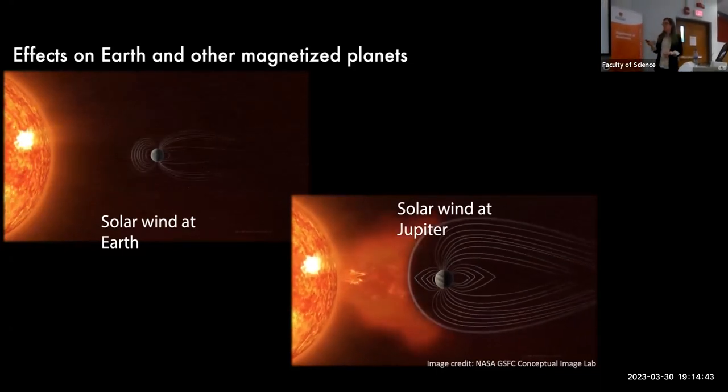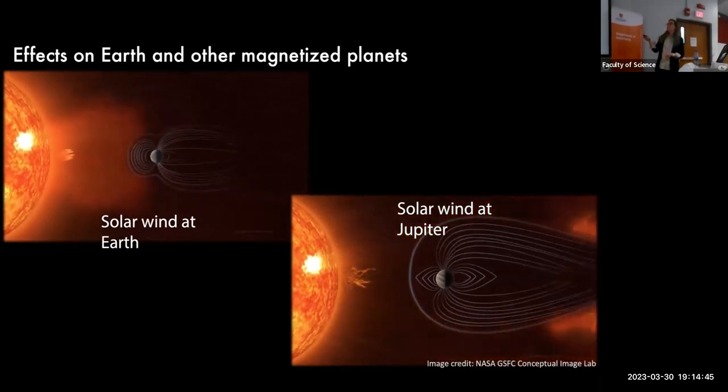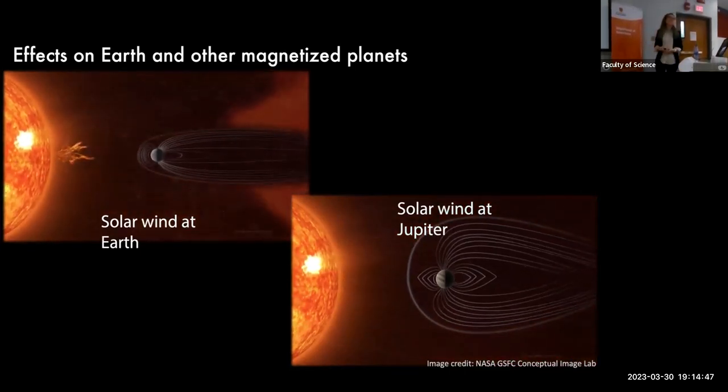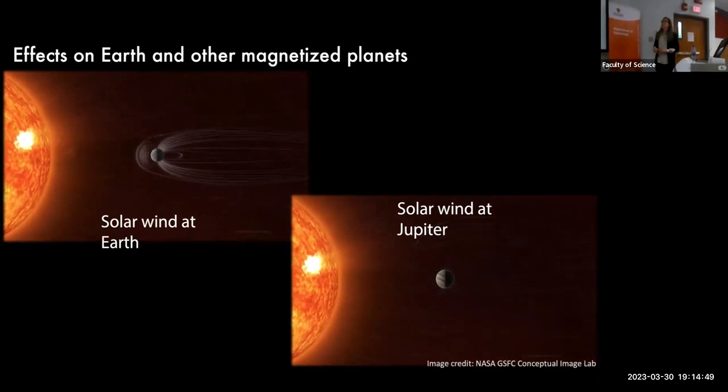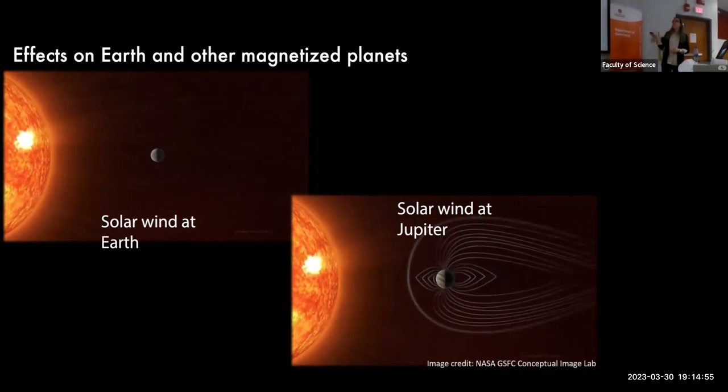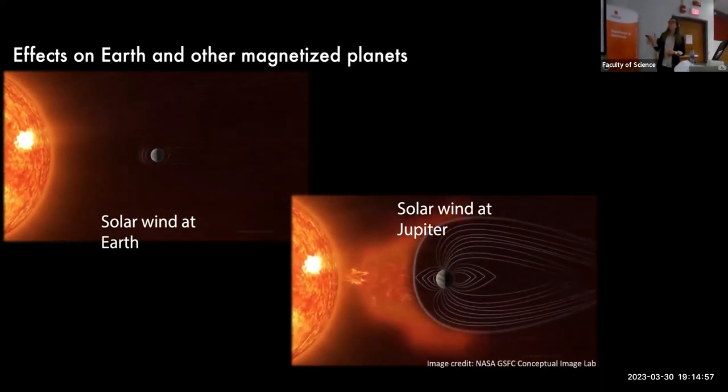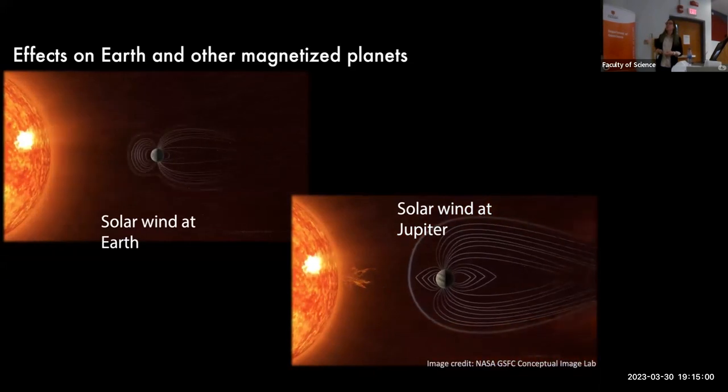Okay, so if you watch the one with Earth, it really pulls that magnetic field behind it as it moves. And with Jupiter, it stays a lot more rigid. It doesn't have as much effect on it. So our planets in the inner solar system certainly feel that punch from the sun a lot more than our